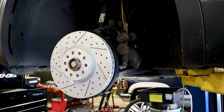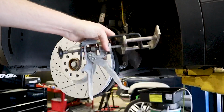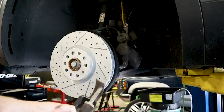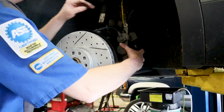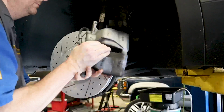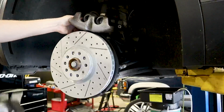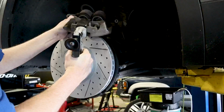Okay, so before we start reassembly, we're going to need to compress the brake pistons back into the caliper. I have this tool right here. You can use a C-clamp too. They've got a couple of different types of tools, screw-in tools and everything for the pistons. So you take the caliper, normally what I do is I just set it up here. And we're going to put our tool in, and very slowly and gently we are going to